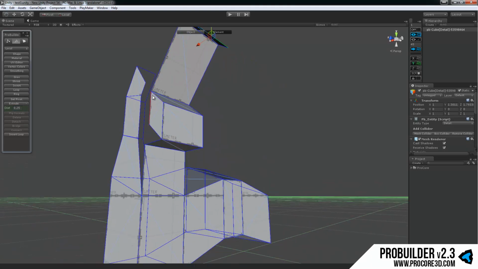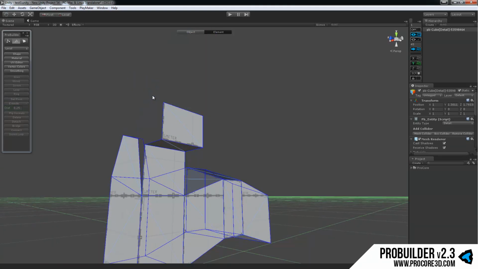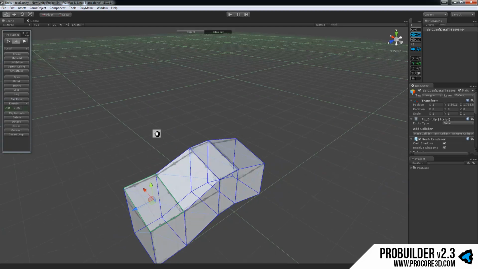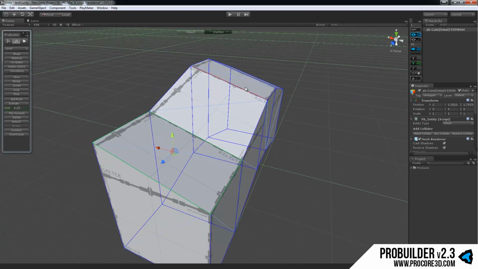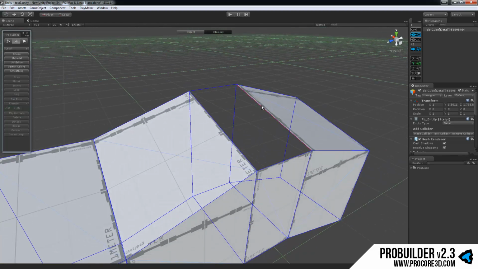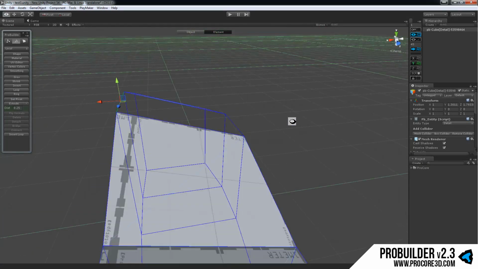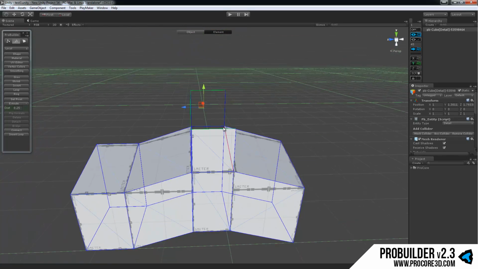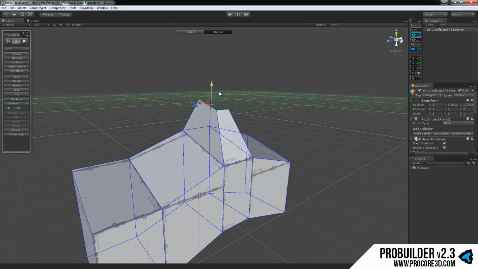Pretty simple to use there. Just remember that you have to have an open face in order to use this on an edge. So this would be a closed face here, but if I select any face, or sorry, I need an open edge. So this is an open edge now. It only has a face on one side, and I can use that to do the extrusion option,